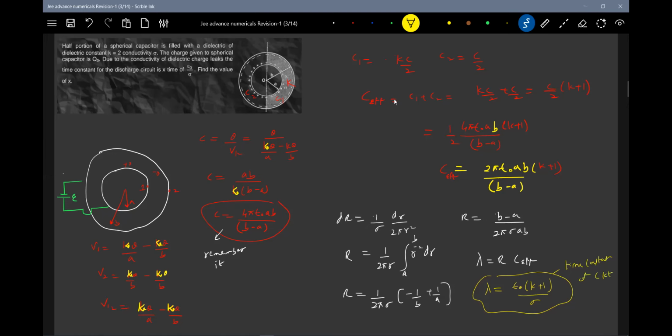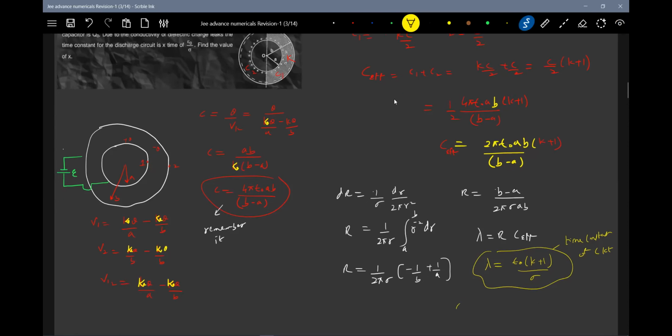Very simple. You have to analyze that. That's all. Find the value of X, it is asking. I think K will become 2, it will become 3 times. And now, what actually is the discharge, the leakage? Where will that energy go? The charge will get leaked. So we know the discharging circuit, it should be equal to Q naught e to the power of minus lambda t.